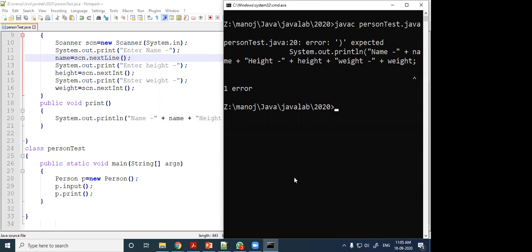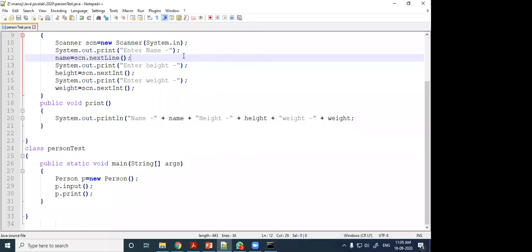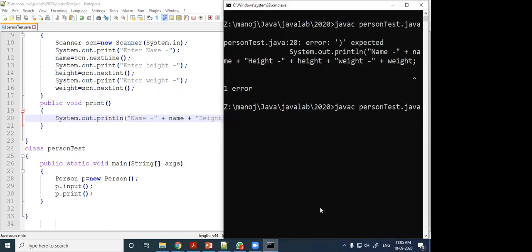What is the error? At line number 20, error: parenthesis expected. At line number 20, I have not given the parenthesis. Yes, now Java PersonTest. See here, two classes are created.